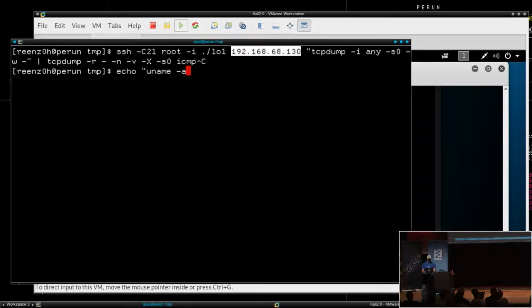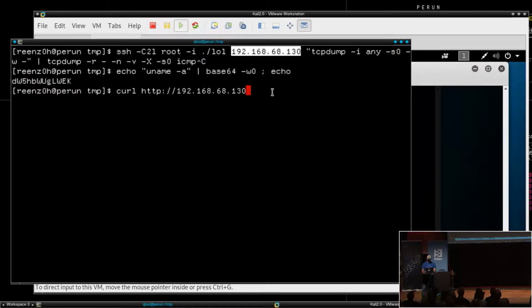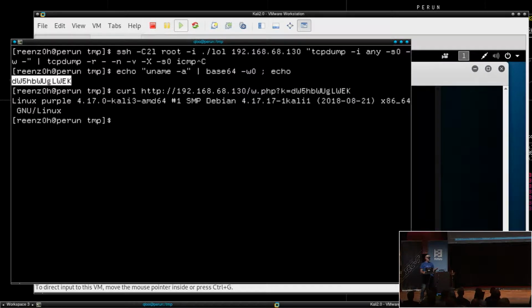Like uname -a, base64, echo, and then curl with the URL.